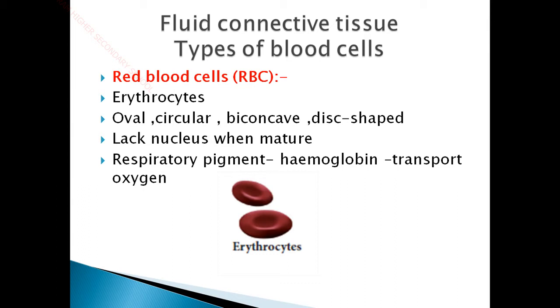So the circulatory system and the respiratory system are the two major systems which are very much essential for our survival. If the circulatory system is not functioning properly, there may not be transport of oxygen to all parts of our body, which leads to death. So this respiratory pigment, hemoglobin, is very important for the transport of oxygen to all parts of our body. Since this is the main function, carrying oxygen to all parts of our body, red blood cells prove to be a very important component of our human body, RBC.